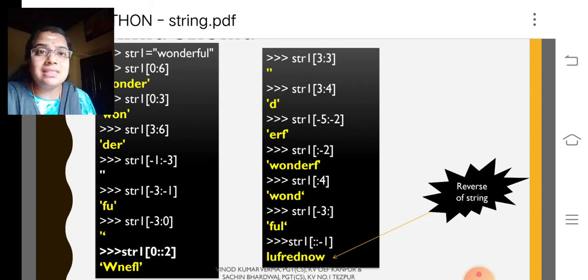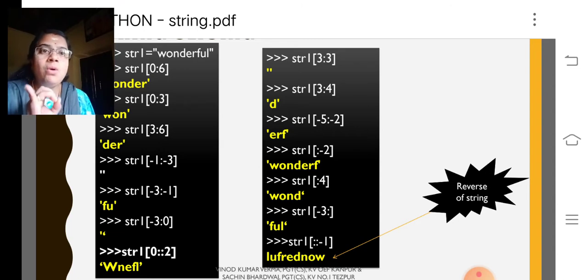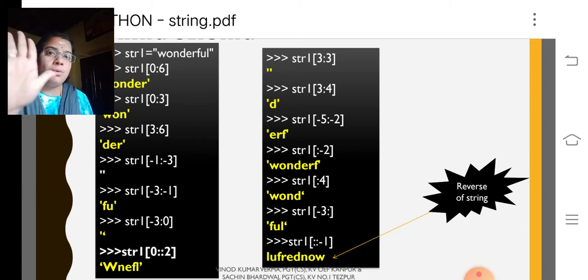The upper bound is given as 6, so it goes up to the upper bound minus 1. So W is 0, then O, N, D, E, R. Like that it gives "wonder". So 0 to 6 means 0 to 5 only: 0, 1, 2, 3, 4 and 5.